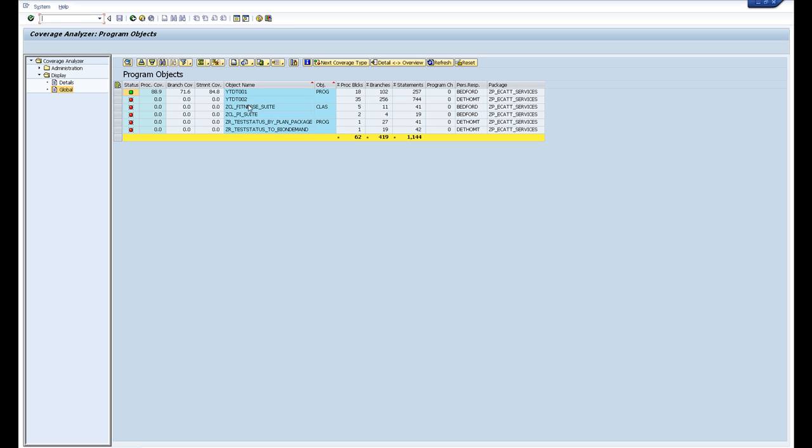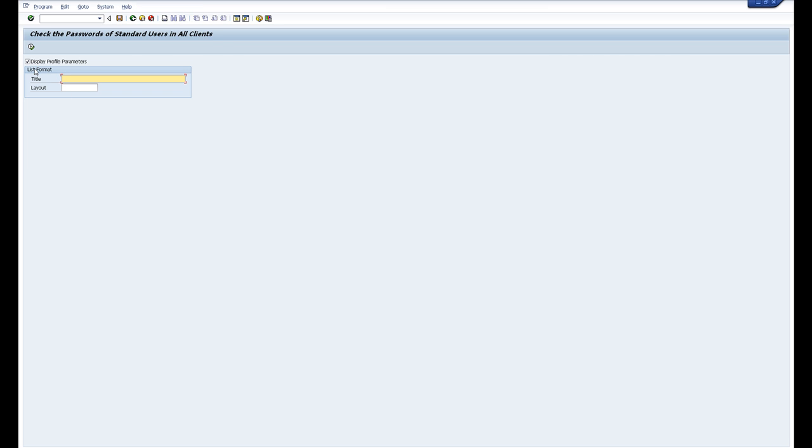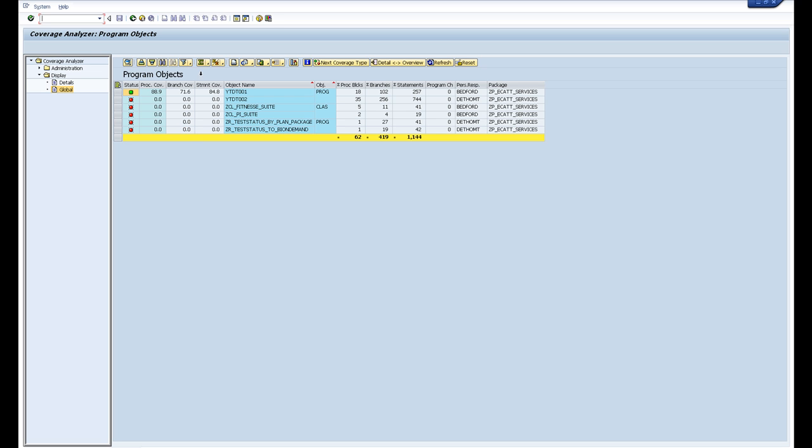So the name of the program is YTDT002, and I run YTDT002. Now if I come back to the Coverage Analyzer and I hit the refresh button, with any luck I'll see the YTDT002 go green. So now I've got some coverage, so I've got around 40% branch coverage, and if I